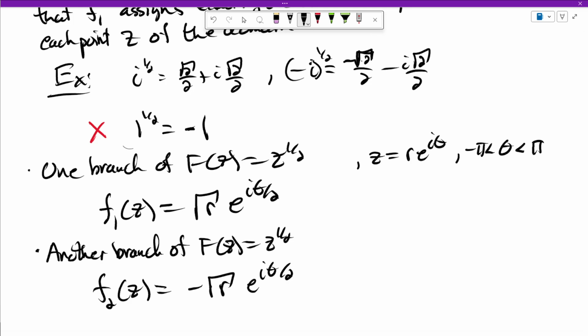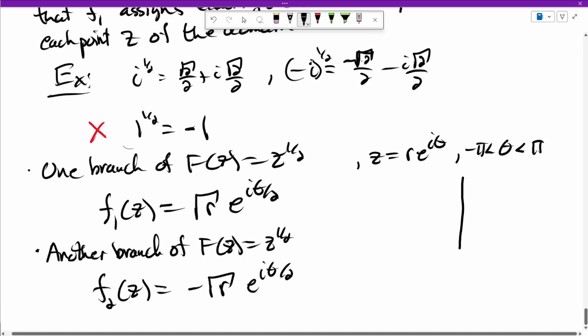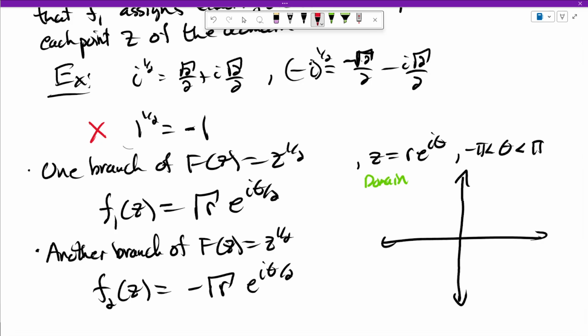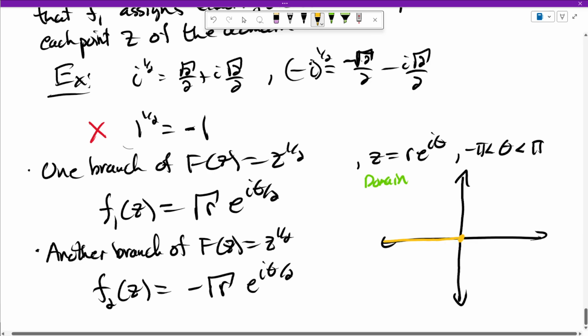Now both of these have this sort of restricted domain, and I just want to remind you of some of the language. If we look at the domain for both of these guys, what we need to do is take our domain and get rid of this part. So this gold line we delete, and our domain is everything else. This gold line is called a branch cut,